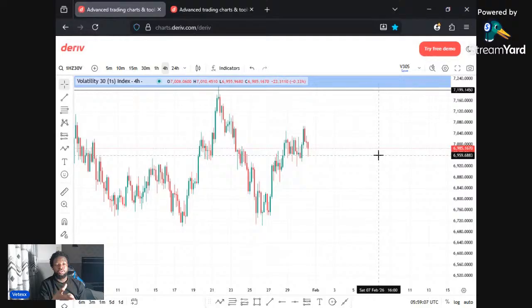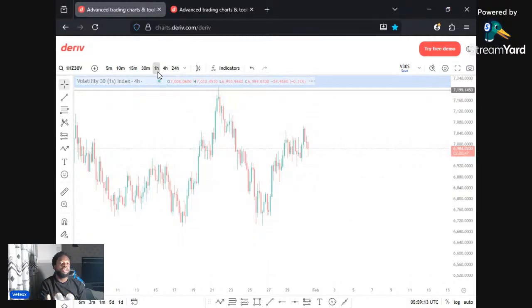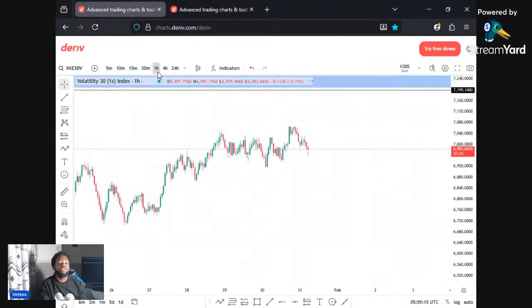You can see clearly on the 4-hour time frame, we don't have our setup yet. So let's go to the 1 hour time frame. Now, one of the beautiful things about this is that in a month, you can spot, the month is 30 days, you can spot, because synthetic markets are open from Monday to Sunday. In a month, you can see at least 10 good setups, 8 good setups, 12 good setups,